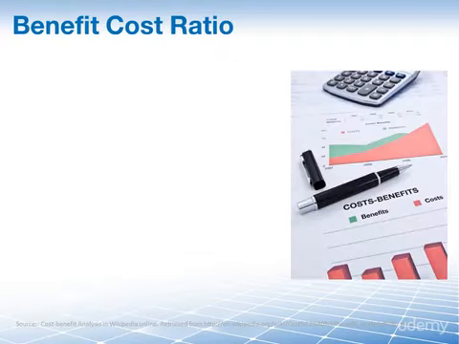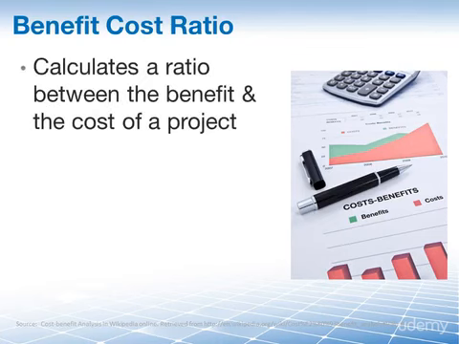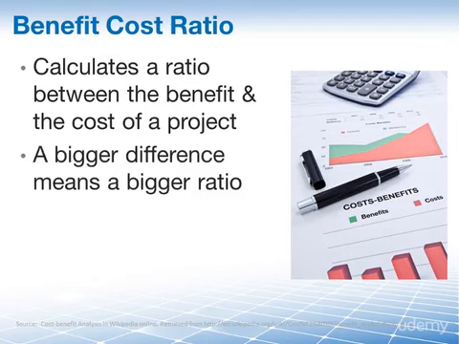We already learned that if all else is equal, if you have two projects, you select the one with the bigger IRR. And this rule to select the project with the bigger number is also valid for the next term here, the benefit-cost ratio, also known as the BCR. But what does the benefit-cost ratio actually tell us? As the name implies, the BCR calculates a ratio between the benefit and the cost of a project. The bigger the difference between the benefit and the cost is, the bigger the ratio will get. For instance, a ratio of 5.1 indicates that this project is preferable over a project that only has a ratio